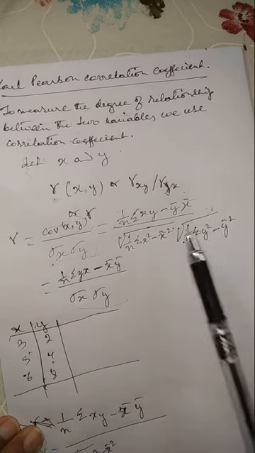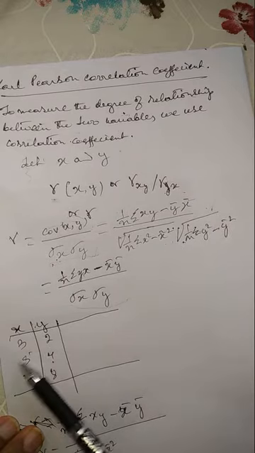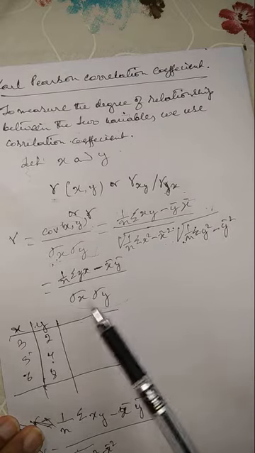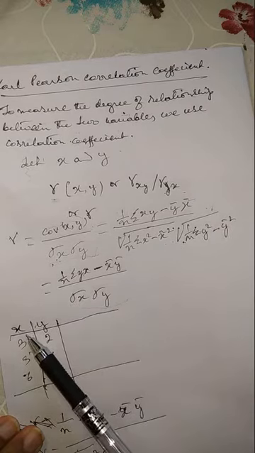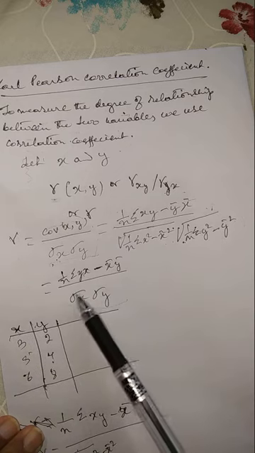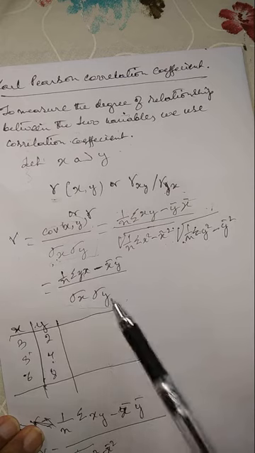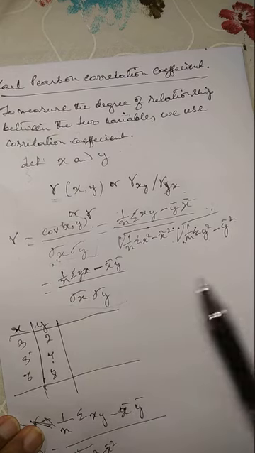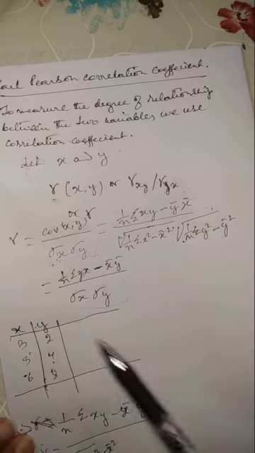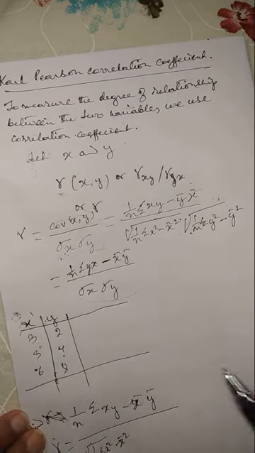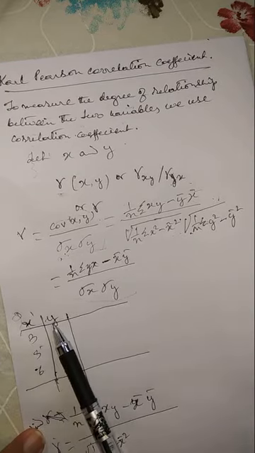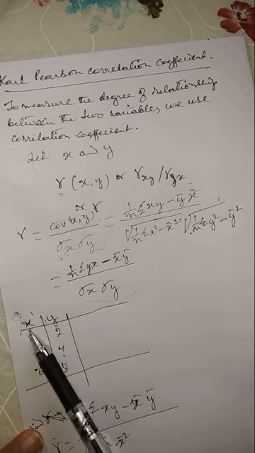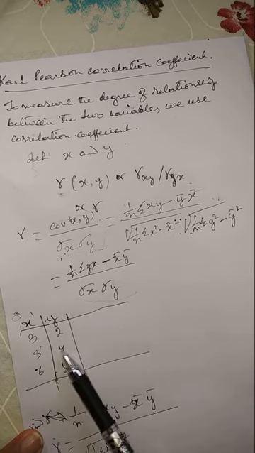Got it? This is the second part of the formula. And then if it is given x, y, and then a standard deviation of x and y, then you can use this formula. Got it? So now our question here is, they are giving only x and y. The value of x is 3, 5, 6, and the value of y is 2, 4, 8.